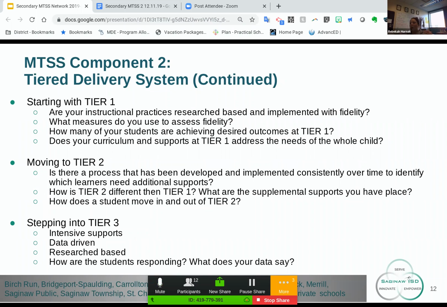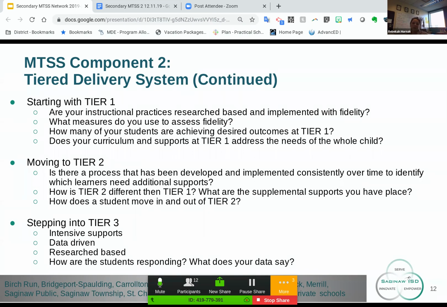So like we had to have a kid, if we identified them for reading support, then they had to go in there for the marking period or the semester because of the way our grading system worked in Skyward. And so even if they didn't need it, it just created a lot of struggles with that flow pattern. And then finally stepping into tier 3, that intensive supports,